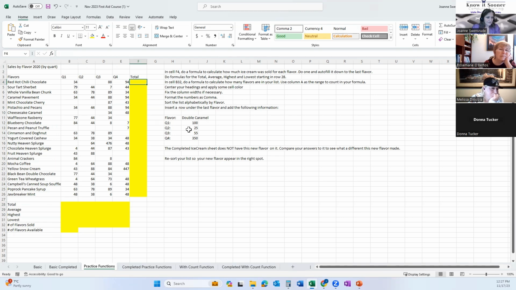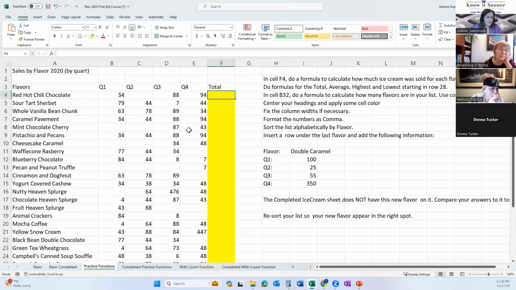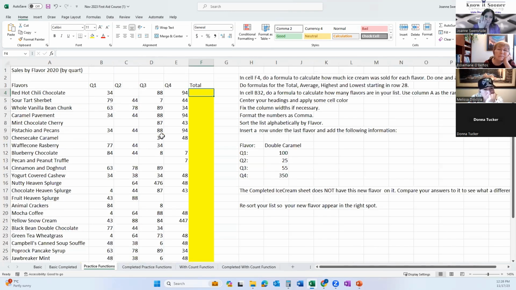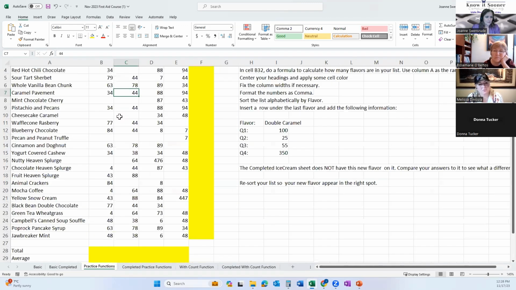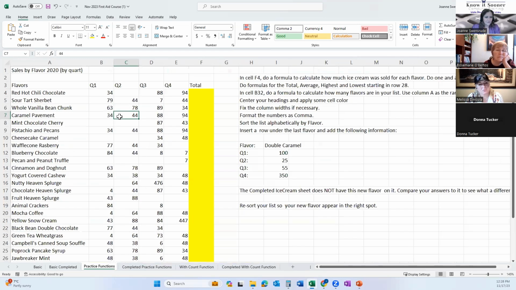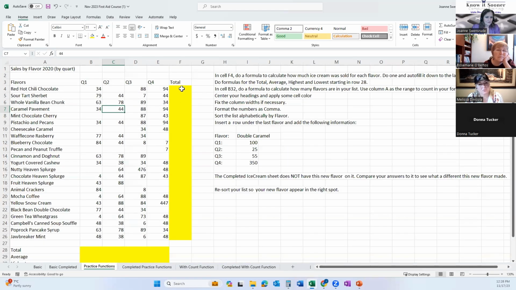If you need to, it's really handy in this exercise to be able to see all of your stuff. What I do lots in my classes is hold my control key down and use the wheel on my mouse. Wheel out, wheel in. I use that all the time on the internet and everything, so that might be a fun one for you. I'm just going to zoom out enough so that I can see my first and my last ice cream. You don't have to do that. Certainly if you had 1,000 things, you wouldn't be able to, but I can because I only have 26 lines or so that I want to see right now.